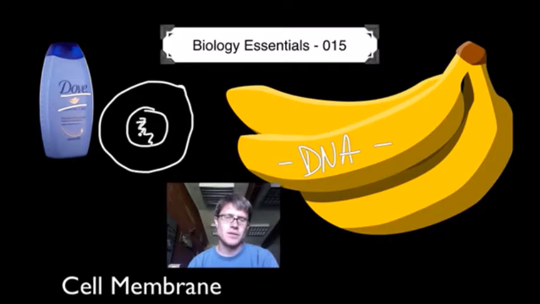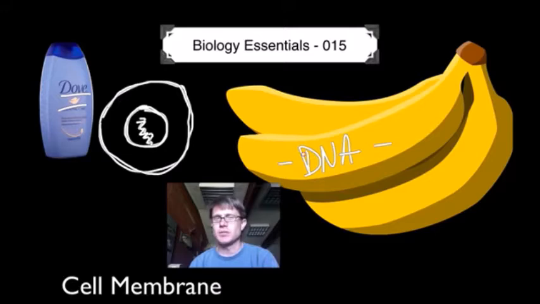So the DNA sits here inside of the nucleus in a eukaryotic cell. And it's surrounded by a cell membrane, we call that the nuclear membrane. And then the cell itself is surrounded by another cell membrane. Now, if it's a plant cell, there's going to be a cell wall around the outside, but